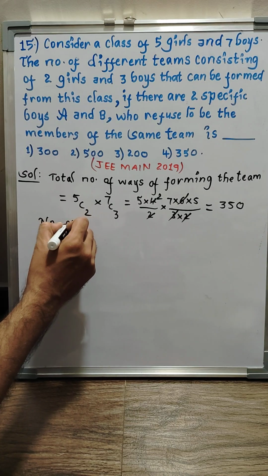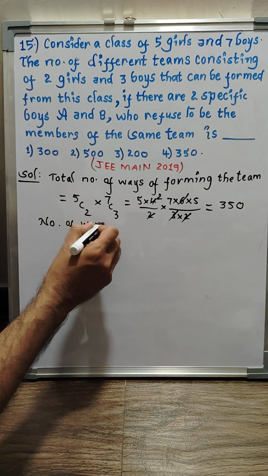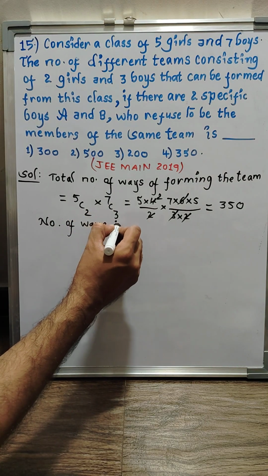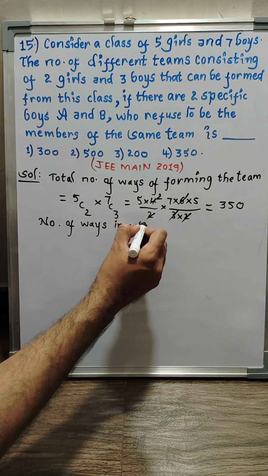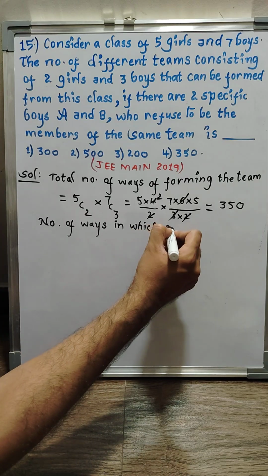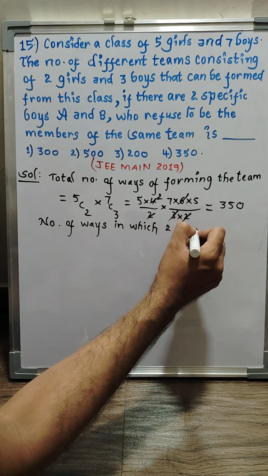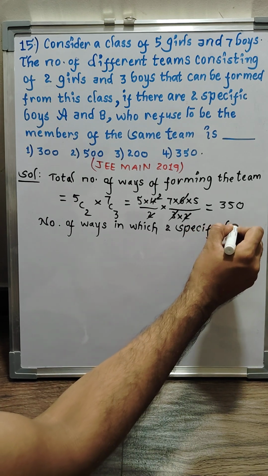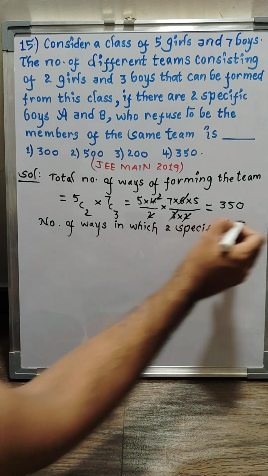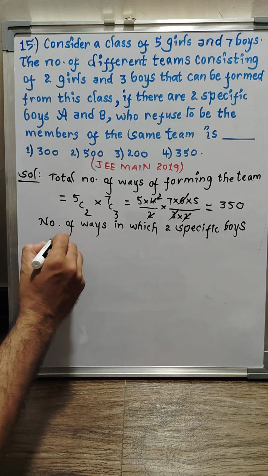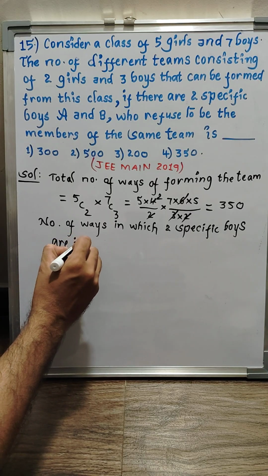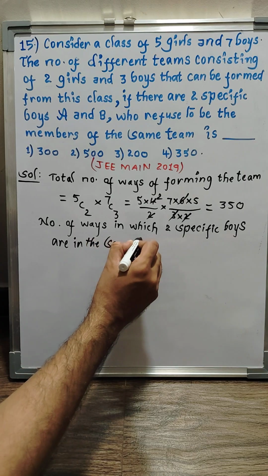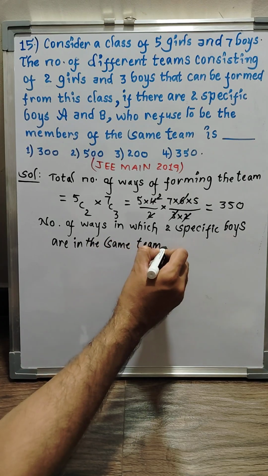So the number of ways in which two specific boys are in the same team can be taken as